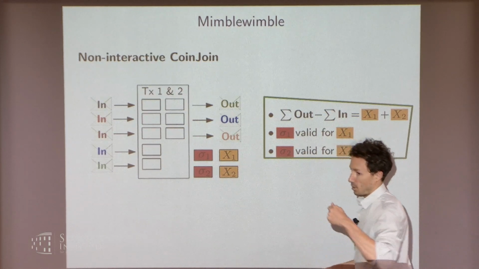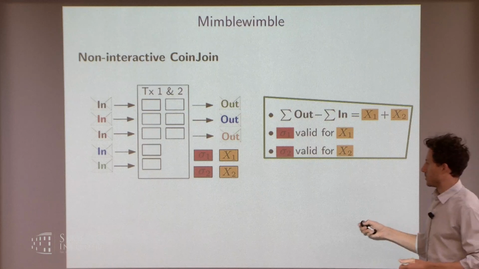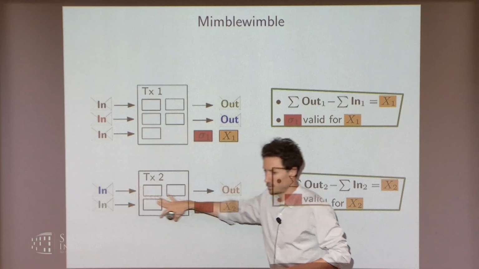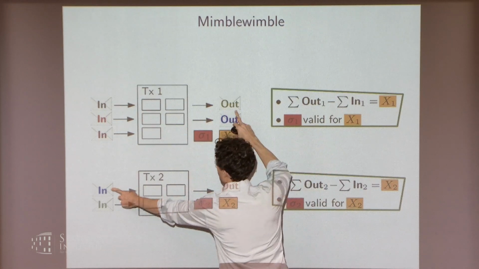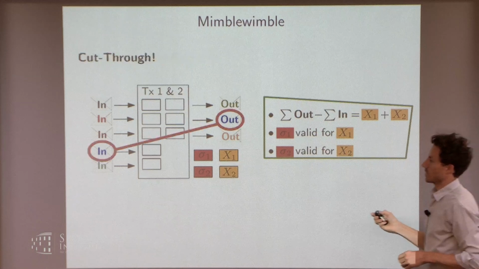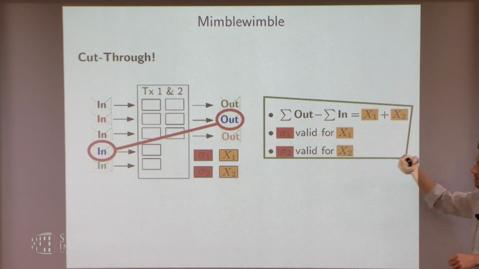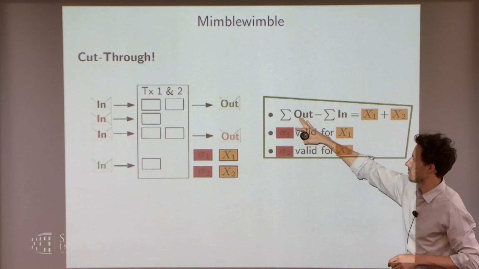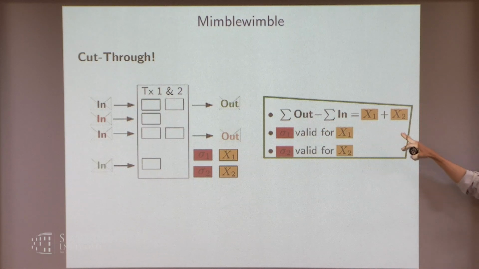that happens and that allows you to do this cut-through is the following. If you started with a transaction which has some output that was then spent in the second transaction, meaning that these two commitments here are the same group element, then what you can do is you can just erase it, and still your transaction will remain valid. Why? Because this equation would still hold, because you removed it here and here. So you can take a transaction, and if this transaction comes from transactions where one spent outputs of another transaction, then you can actually forget about them and your transaction still remains valid.